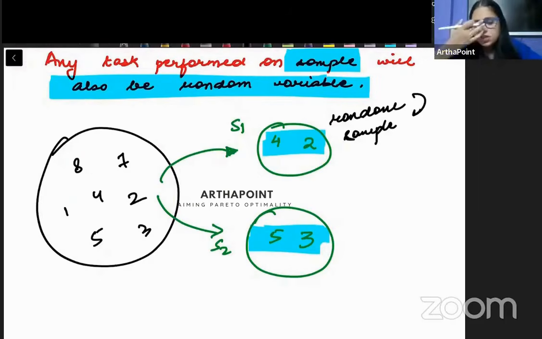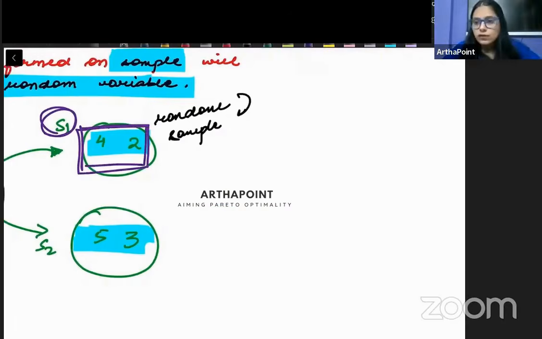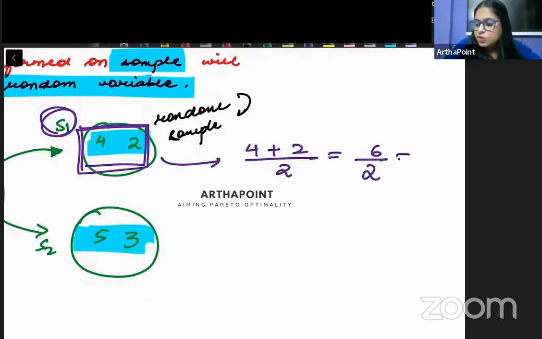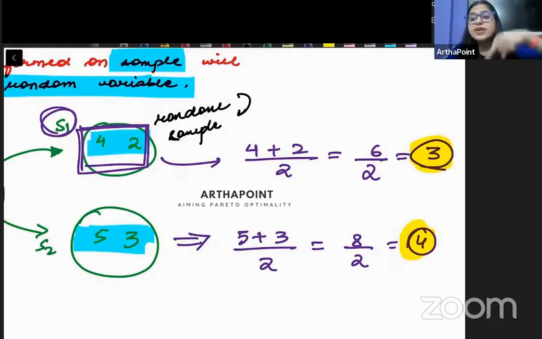These are random variables. अच्छा अब देखो बेटा, अगर मैं student 1 को बोलूं कि whatever sample you have collected ना, find the mean of that sample. So what will be the mean? 4 plus 2 by 2, 6 by 2, that means 3. And if I ask student number 2 कि बेटा okay, find the mean of your sample, so what will be the mean? So it will be 5 plus 3 by 2, that means 8 by 2, that means 4. So different students जो उनको mean value मिलेगी अपने sample की, that mean will also be different because the sample that they chose was different.